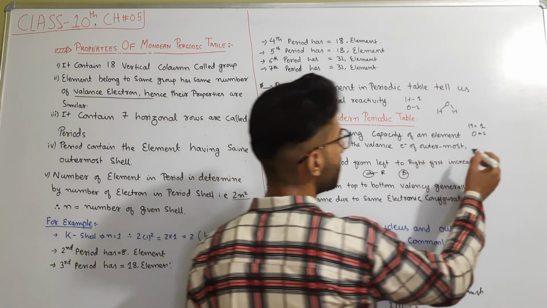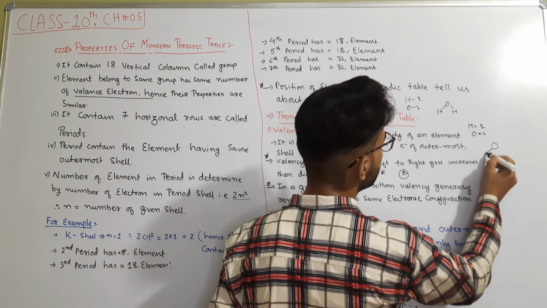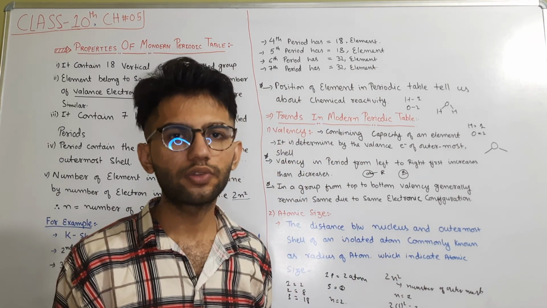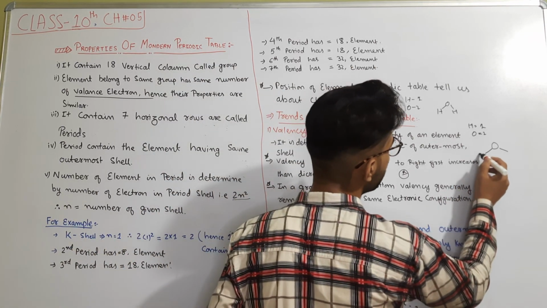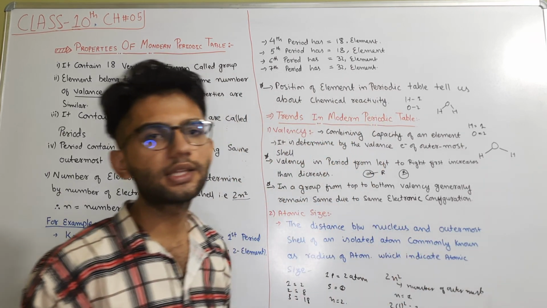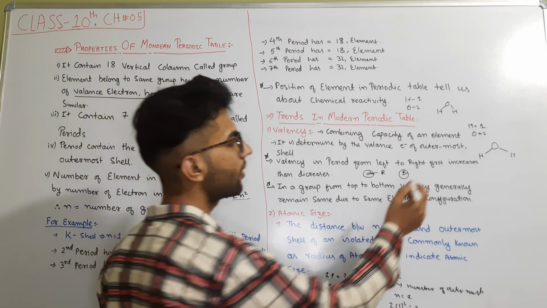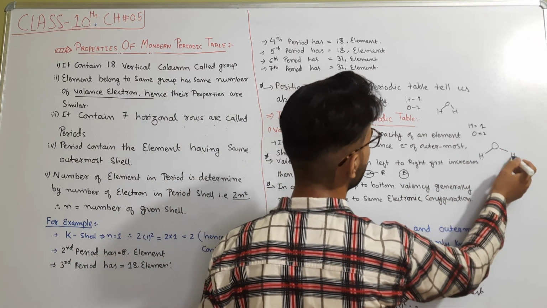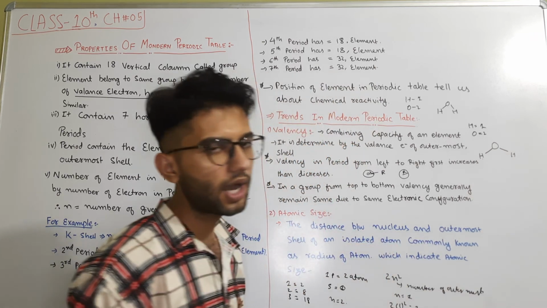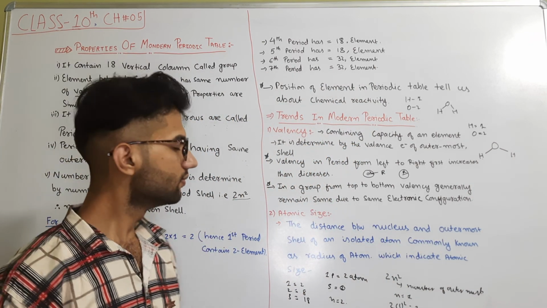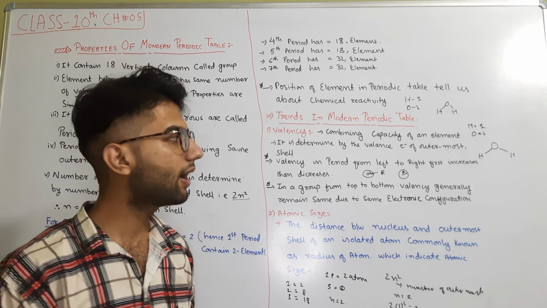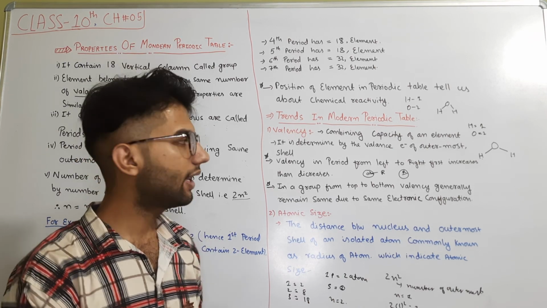So in this way, one oxygen atom has the possibility of forming 2 bonds. It will form one bond with one hydrogen atom and another bond with another hydrogen atom. So hydrogen combines with one atom of oxygen, but oxygen combines with 2 atoms of hydrogen. So simply we can say that the combining capacity of an atom or element represents its valency.